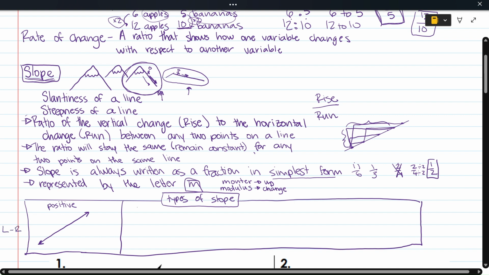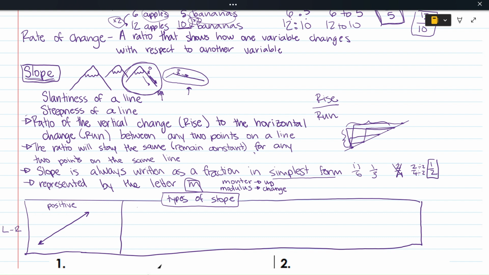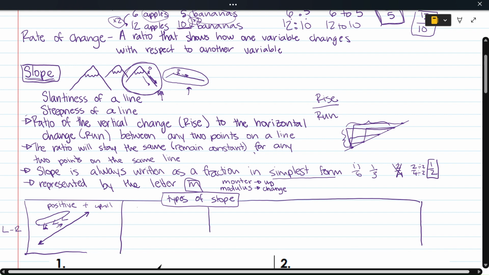And by uphill, I mean if we're looking from left to right, it looks like we are on the ski lift. Let's see if I know how to draw a ski lift. So I've got wires, I've got some chairs, and I've got a dude ready to shred. But we're going uphill from left to right. So positive plus uphill, whichever way you want to go. We also have